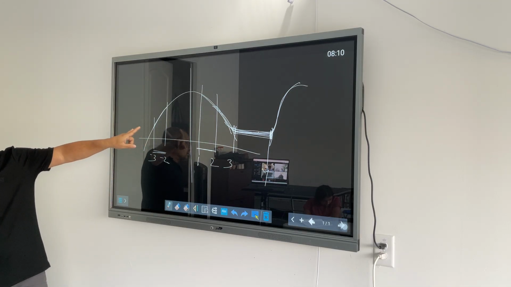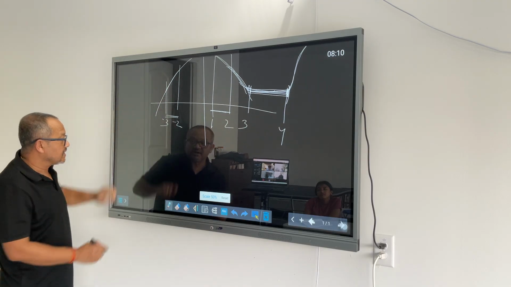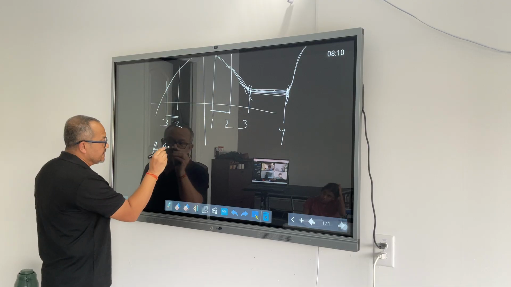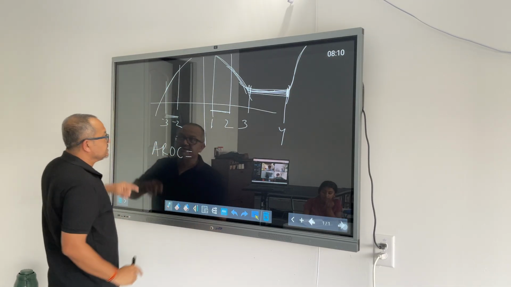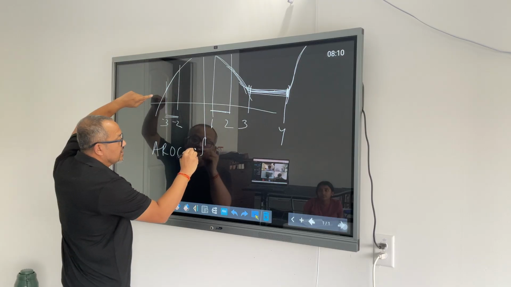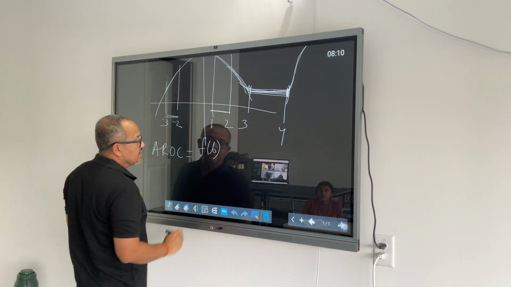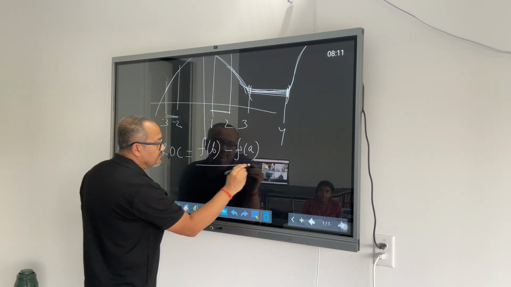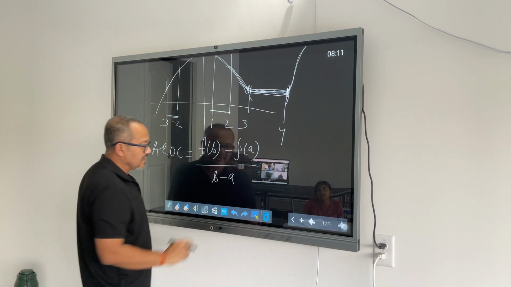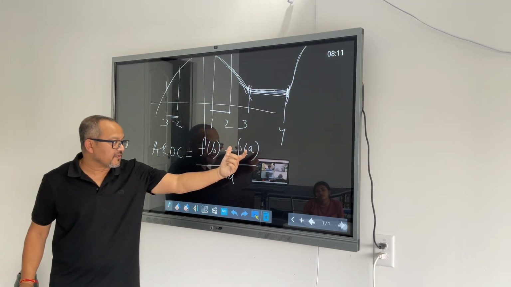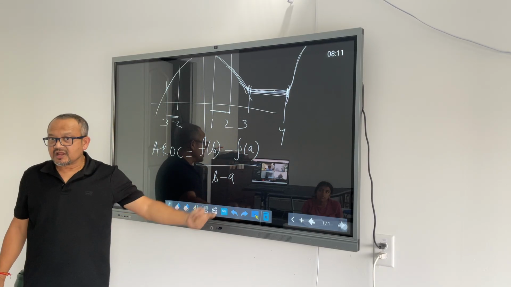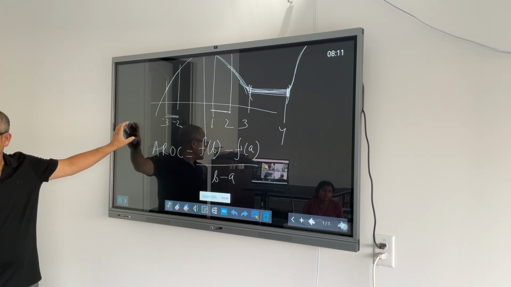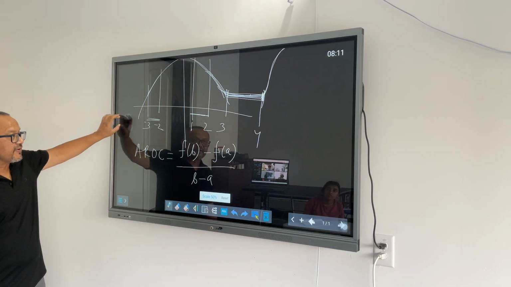This is upward concavity. Now let's look at the mathematical side of it. What does concavity say? Or average rate of change say? Average rate of change says that the value of the function at point B minus the value of the function at point A, divided by B minus A. Meaning, what is the output change for you for the given range? Now, when we are talking about concavity, you don't look at one scenario to derive it. You have to look at different ranges.